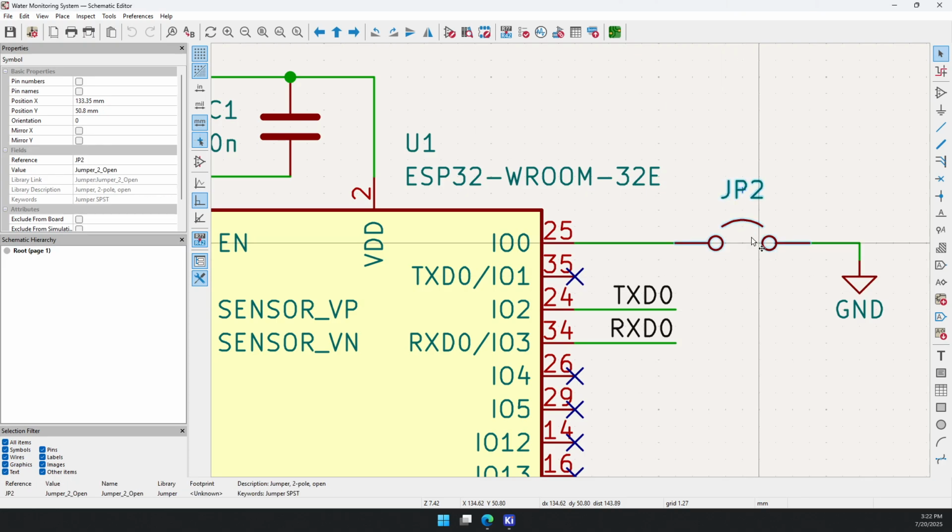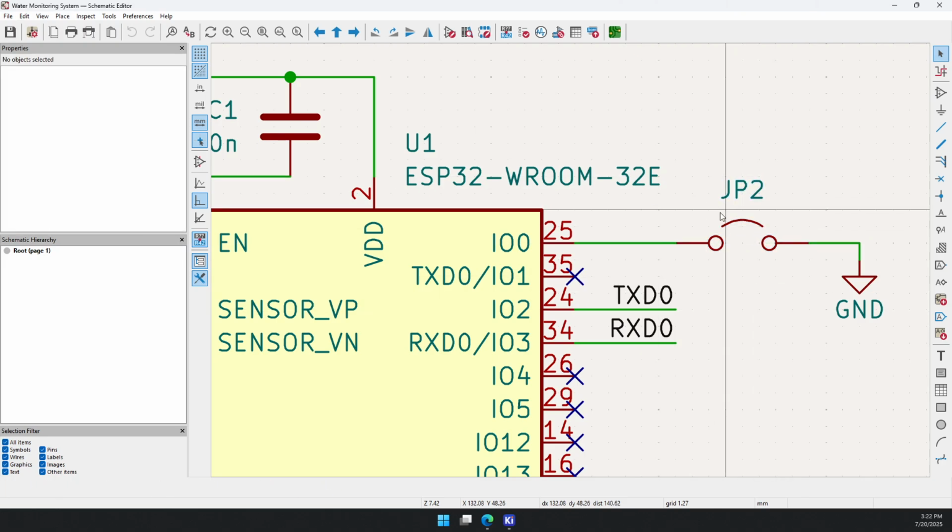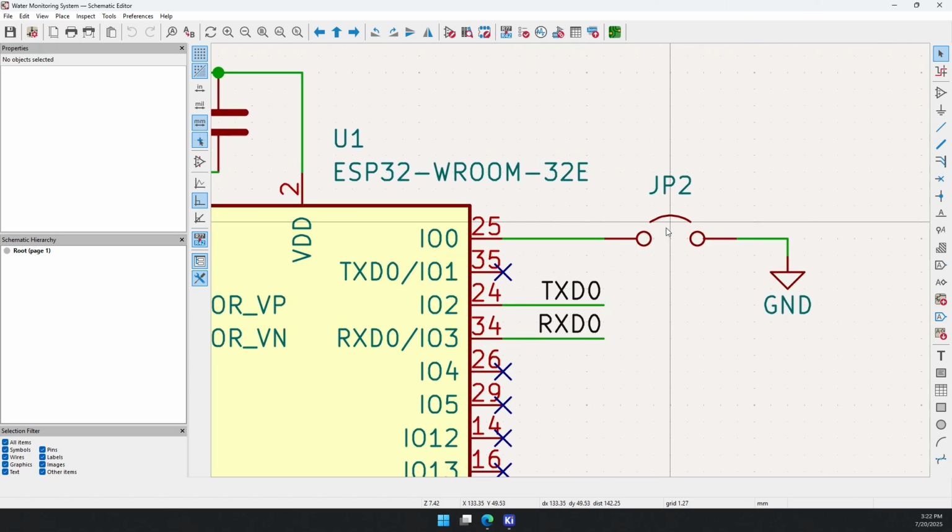Right here is a jumper. So we read in the data sheet that in order to select the startup mode for the ESP32 chip, you need to use a jumper between IO0 and ground. If this is not connected to ground, the ESP32 starts up normally, where it's executing whatever code you have uploaded to it. And when the jumper is shorted,